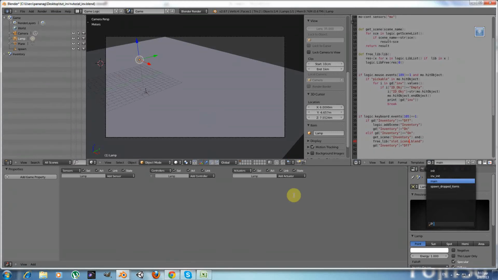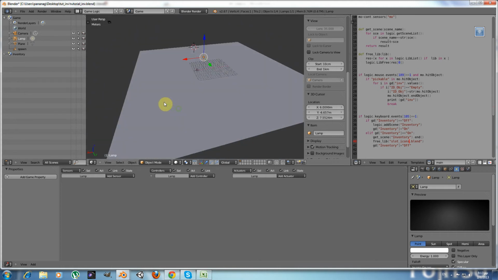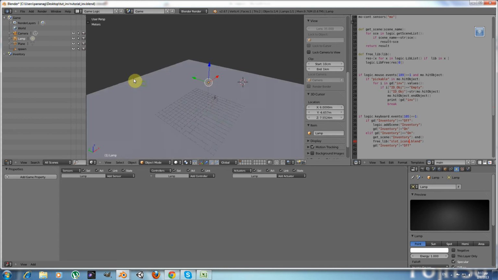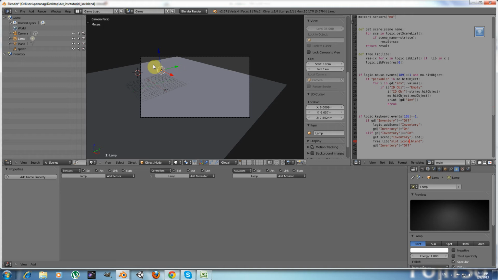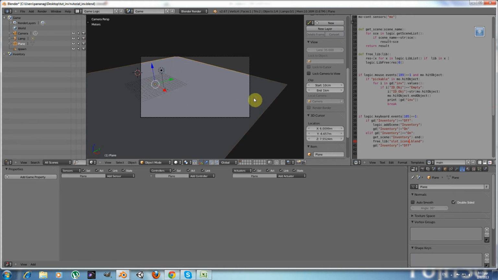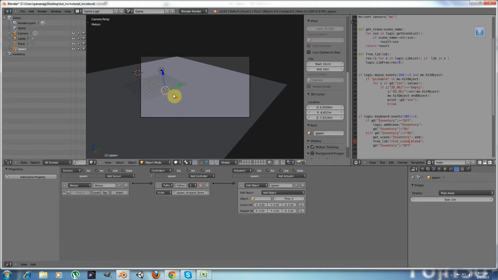Hello guys and welcome to the sixth part of my tutorial on how to create an inventory system for the Blender game engine. First of all, let's see what we have done up until now. If you remember, we had created a simple scene, and in 3D view you can see just the basics: our main camera, a light source, a rectangle that represents the floor, and of course our spawn point, which is responsible for spawning the various dropped